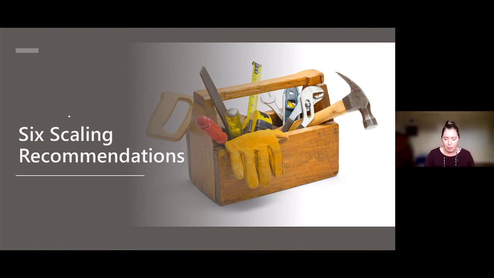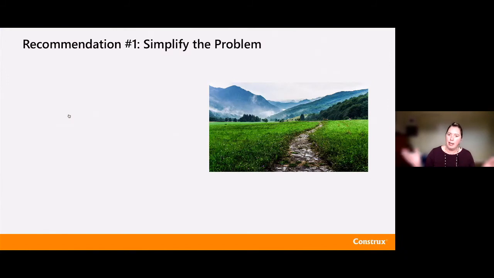So in terms of scaling recommendations, my first one is, can you simplify the problem? So people will talk about recommendation 1 for scaling. Don't. But are there ways that we can actually really simplify it and make scaling easier? So these would be choices like using feature teams. When I have feature teams instead of component teams, I'm really making sure that I'm minimizing the dependencies. I can take a piece of work and give it to a team and they can own it holistically. Versus, okay, team 1's going to do database work, and then I'm going to hand it to team 2, and they're going to do API work, and team 3 is going to build the UI on top. Now I just have a lot more dependencies.